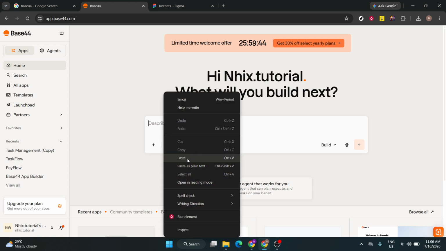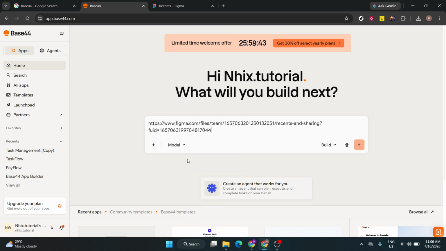Now go back to Base44 and paste that copied URL into the main AI prompt chat window. This is the central input area where you'll provide both the link and the instruction telling the AI what to do with it. After pasting the URL, type a clear command such as "clone this website" or "recreate the layout and styling of this URL." Keep your instructions simple and direct. Clear prompts usually lead to cleaner results, especially when you want the AI to focus on design and structure rather